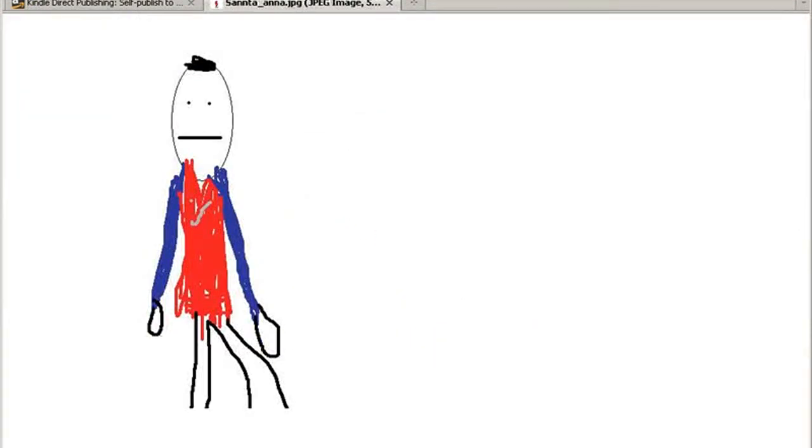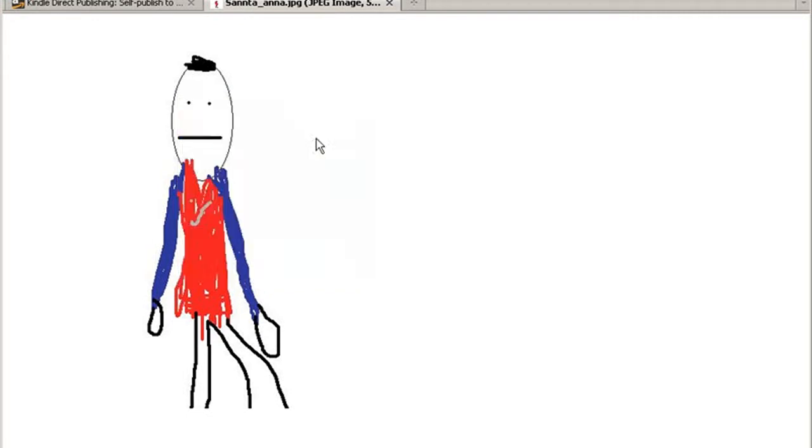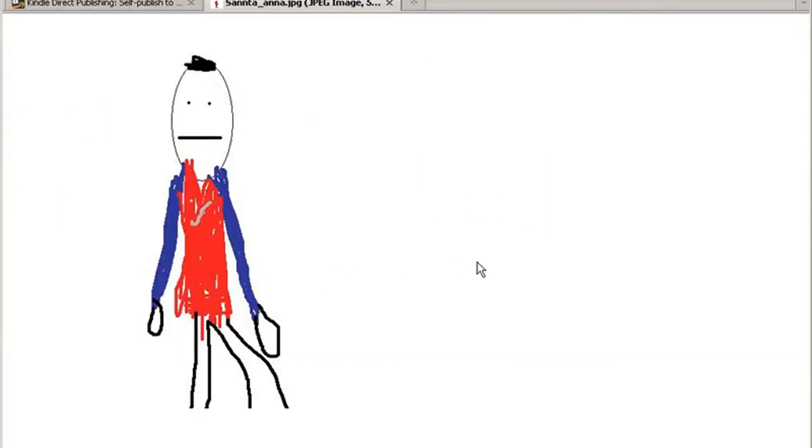Okay, so if we're going to use this one, we can click on it and just do a right click. And then we can just do Save Image in Firefox. Depending on the browser, it'll be worded a little differently, but let's save this one. And then, okay, so now it's on our computer, and then we can take it and use it in our